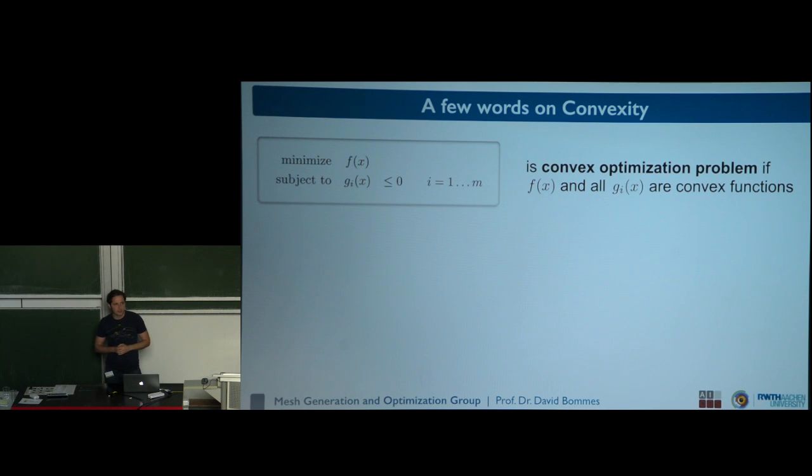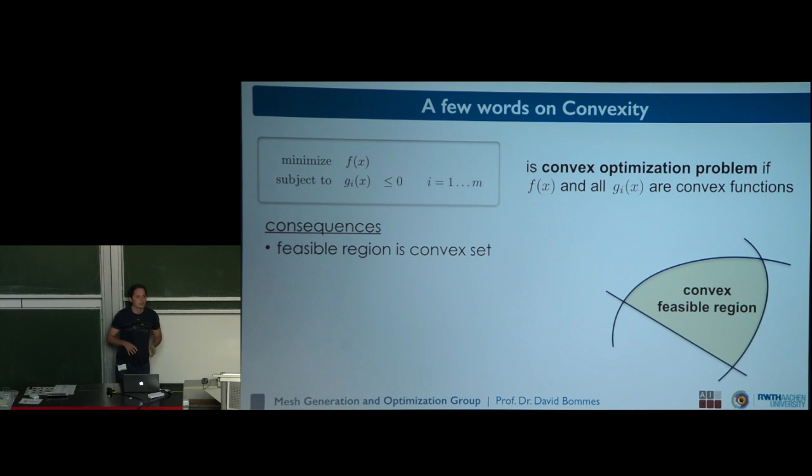For an optimization problem to be convex, it's not sufficient that the objective function is convex. What you also need is that all the constraint functions are convex themselves. What this means is, we have two statements here. One is about the convexity of functions, and the other one is about the convexity of sets. If all of these constraint functions are convex, this automatically means that the feasible region will be convex. And this is again extremely important, because for a convex region, we know that if we take two arbitrary points